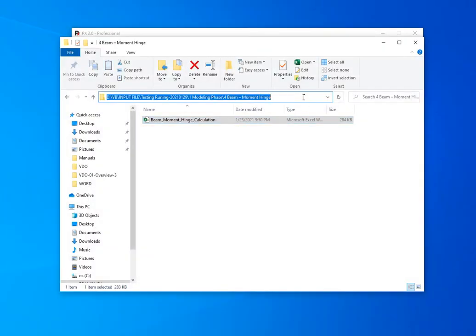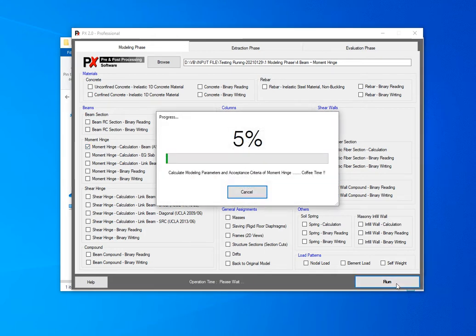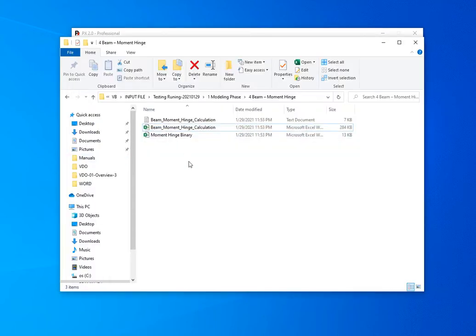After you prepare the input file, you copy the path, paste here, click moment hinge calculation beam SE41 and click run. Only 3 main steps. Later on, PX will generate another file.